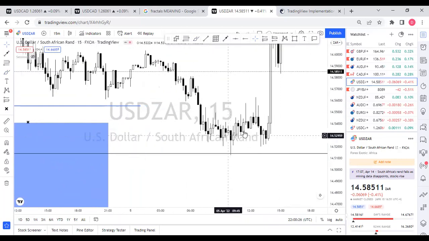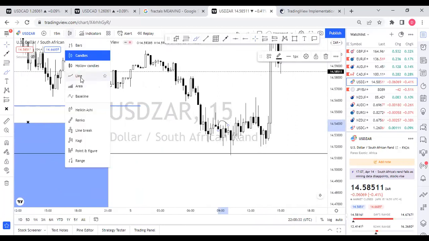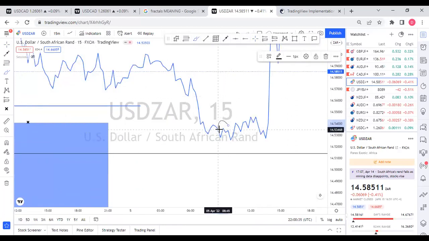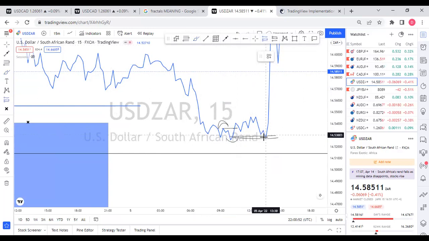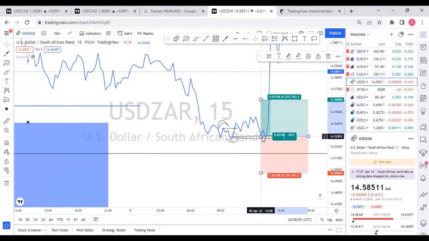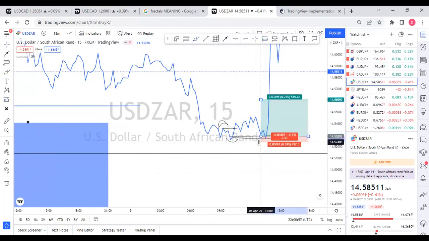Now, this just has to do with training of your eyes. Okay, now this was a lower high. If you switch to line charts, okay, lower high, lower low, all right, and so price broke structure here, price broke structure there. Now what did price do? Price came back. Can you see how price beautifully came back? So let's see if we had our entry here with our stop loss just right here.